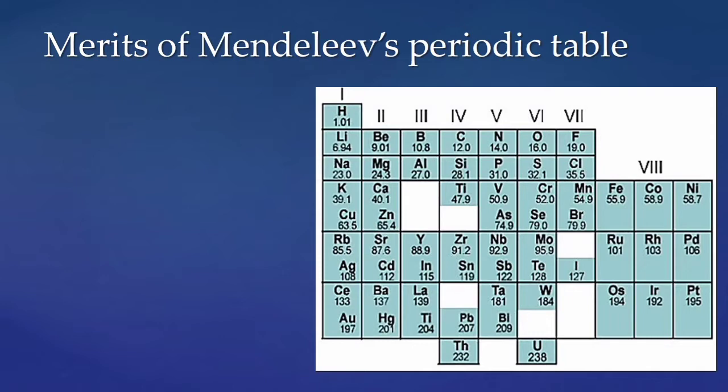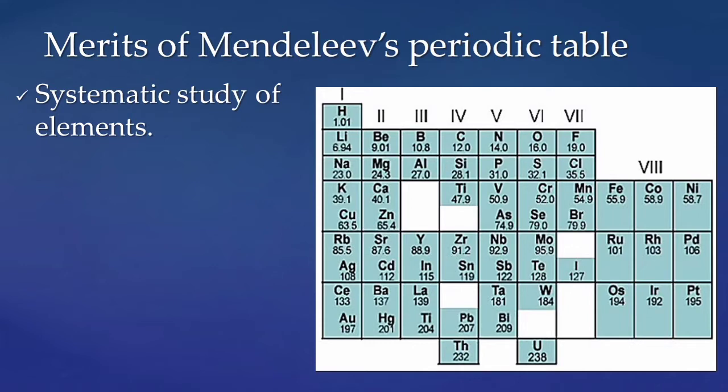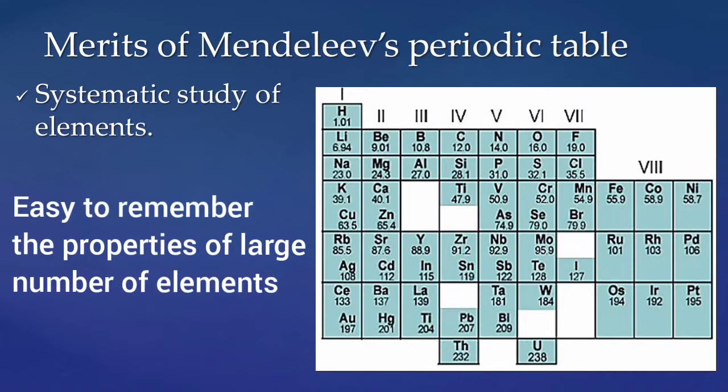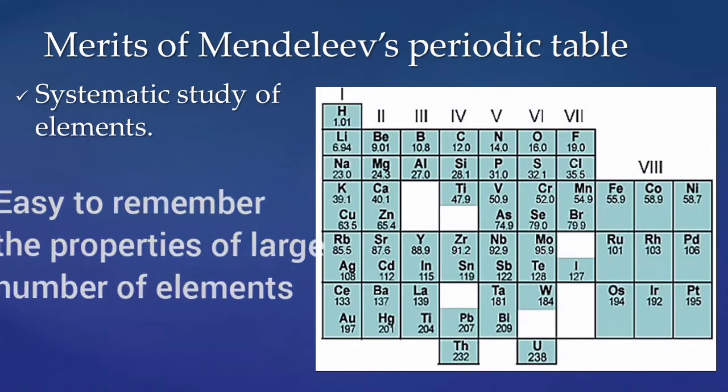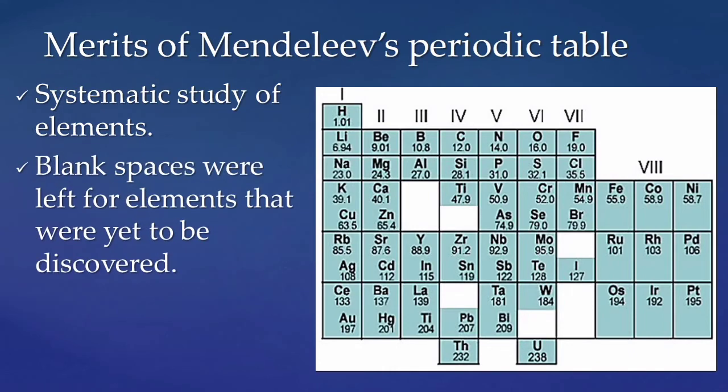Mendeleev made a systematic study of elements. This simplified the study of elements, as the arrangement of elements showing similar properties were classified into groups. It was very useful in studying and remembering the properties of a large number of elements in a systematic way. A remarkable advantage of Mendeleev's periodic table was the blank spaces left for the elements that were yet to be